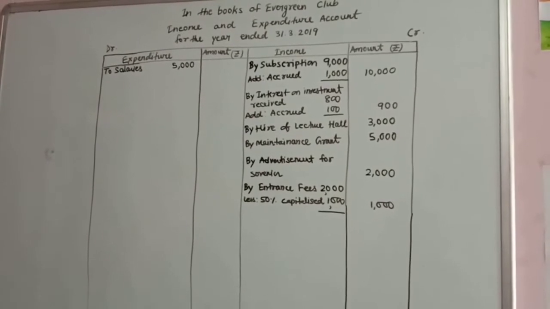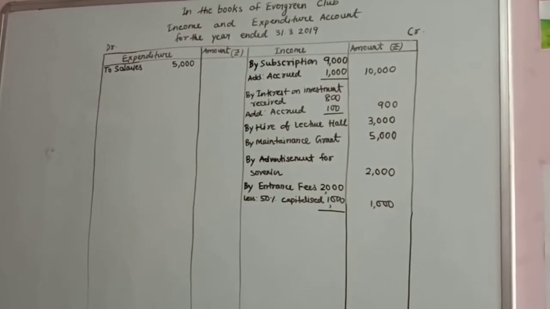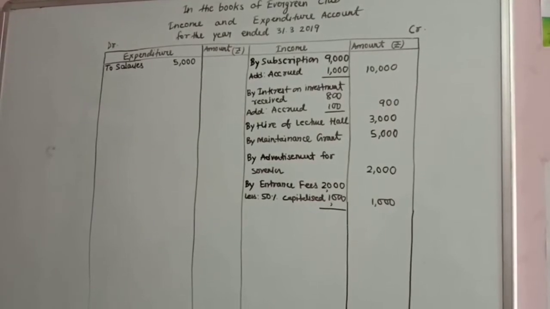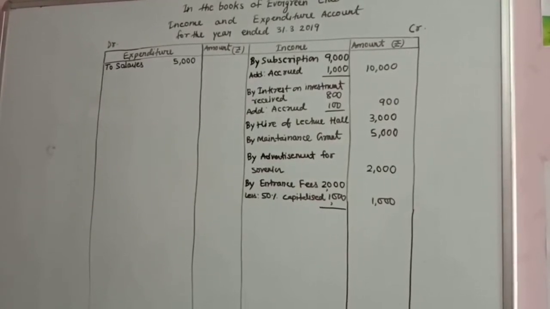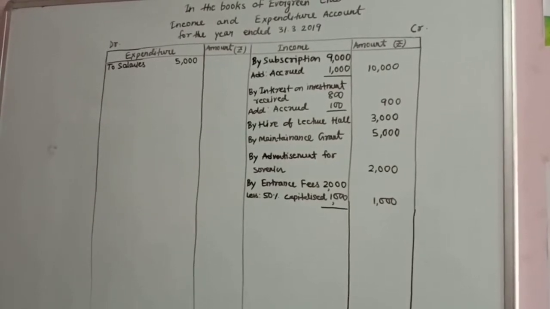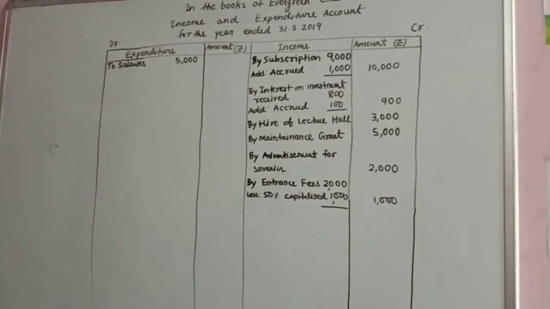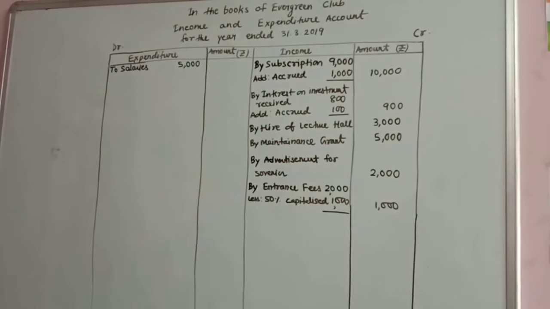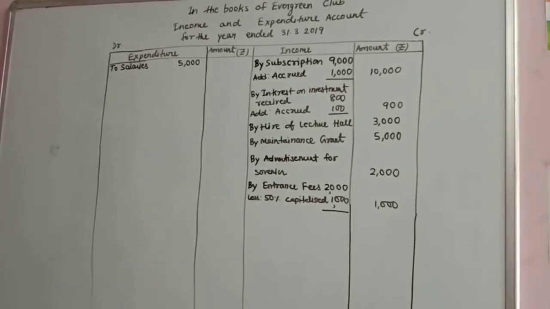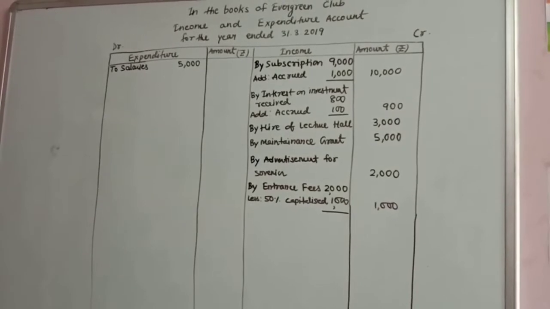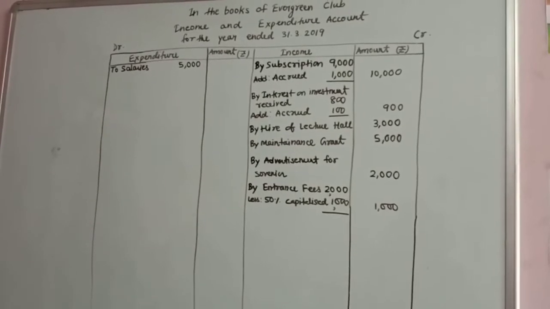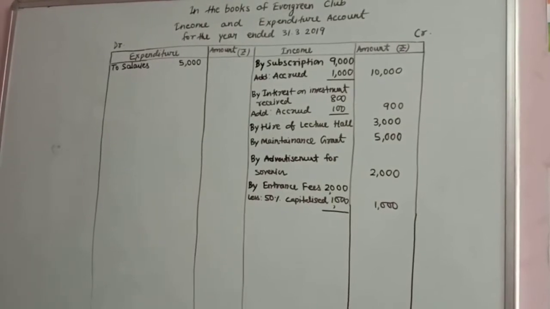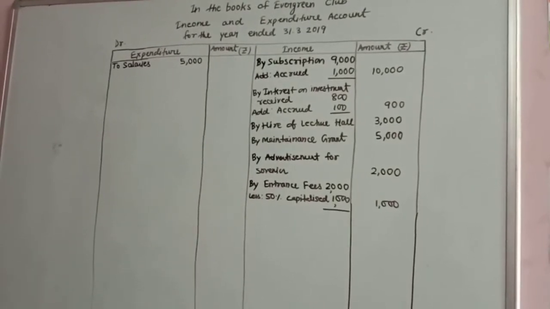It has been given that salary outstanding at the end of the current year is rupees 1,200. Adjustment, additional information number 1. Again you have in number 3 that in the beginning of the year you had salary outstanding amounted to rupees 500. So that salary outstanding which you had at the beginning of the year related to outstanding in the previous year, and that has to be deducted because that is a previous year expenditure, and in income and expenditure account we record only current year income and expenditure.